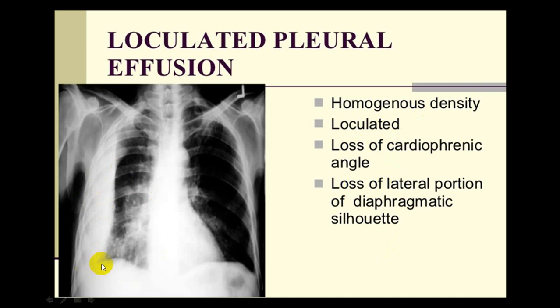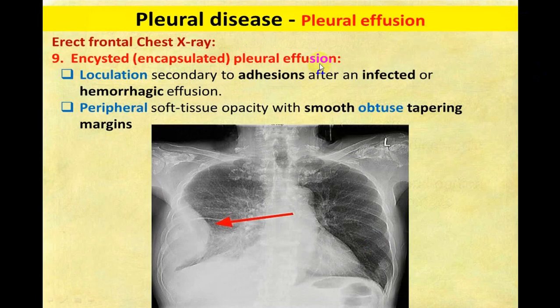And this lateral part of the diaphragm you cannot identify. So the lateral portion of the diaphragm silhouette is lost. Clear? So you can say silhouette sign here, silhouette sign here. Okay. So it is called encysted, encapsulated or loculated pleural effusion. Again, you can see here, this portion of diaphragm I cannot make out, costophrenic angle I cannot make out, this border of the costal margin I cannot make out, and you can see this peculiar shape, we call convex margin. So this is what we call encysted, encapsulated or loculated pleural effusion.